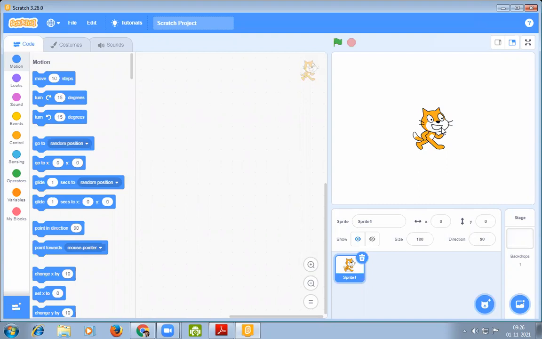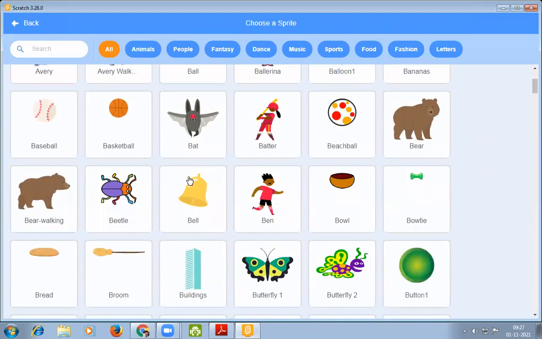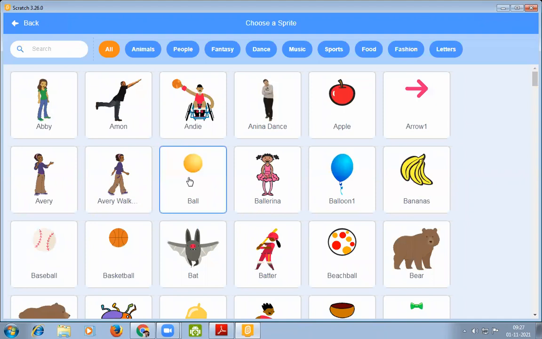And in this chapter, we are going to create a movie where we need a sprite which is chasing another sprite. Let us consider we are doing it in a water based area. So we have to add some new sprites. You can go here. You can see that the choose a sprite option comes here. You have to click on it. Then hundreds of sprites appear here.